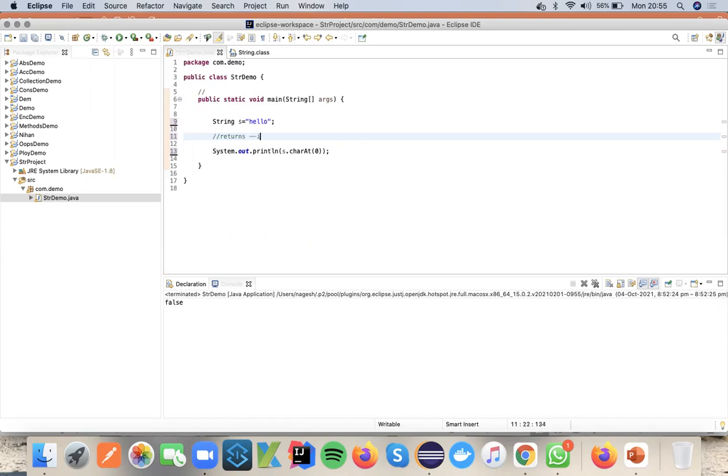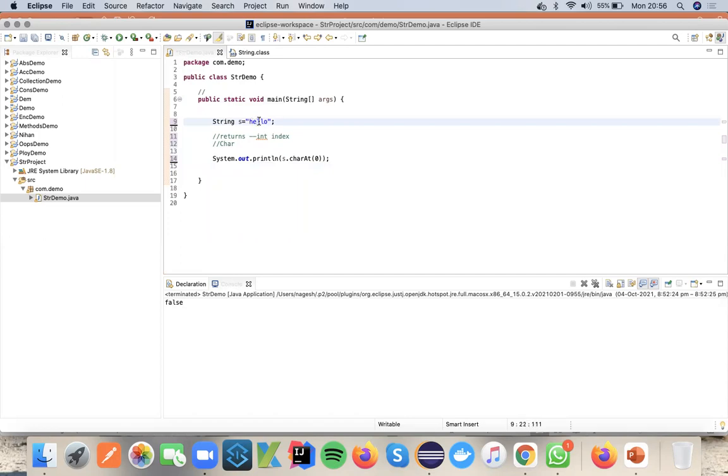The input will be an int, that is the index, and the return type is a character, not an object. It will return the character, that's why I'm describing it as a character. When I ask to print s.charAt(0), it will print h, because h is located at index 0. When I give 1, it will print e.